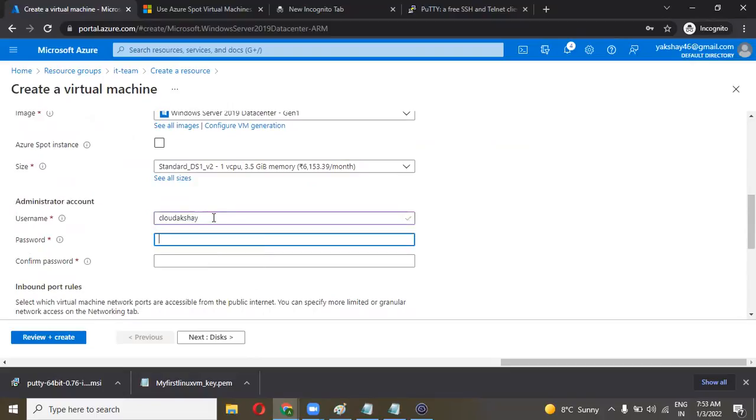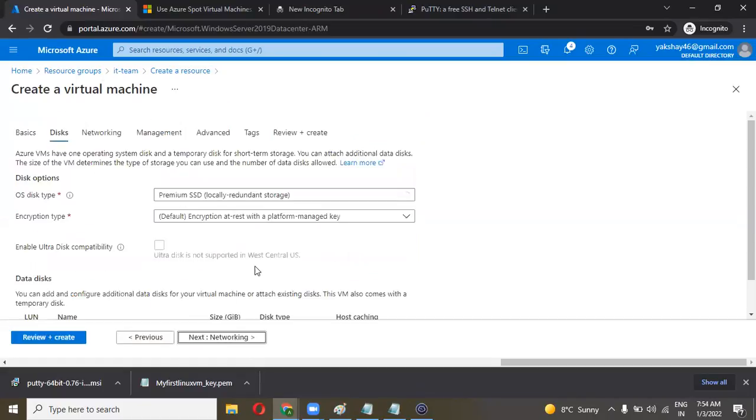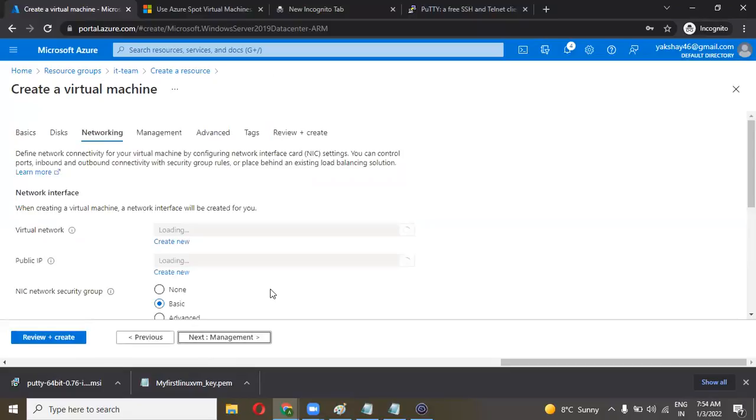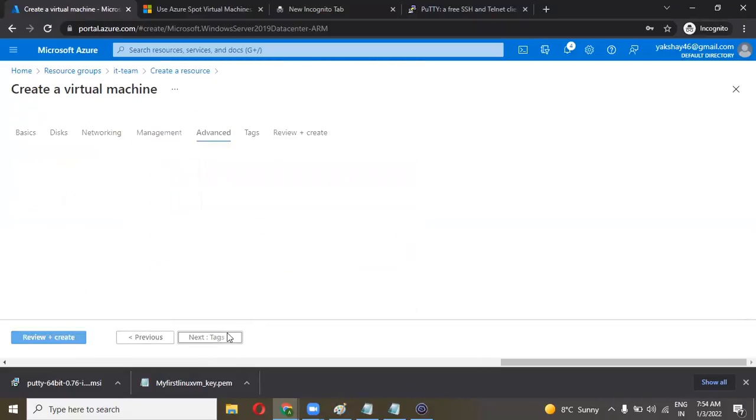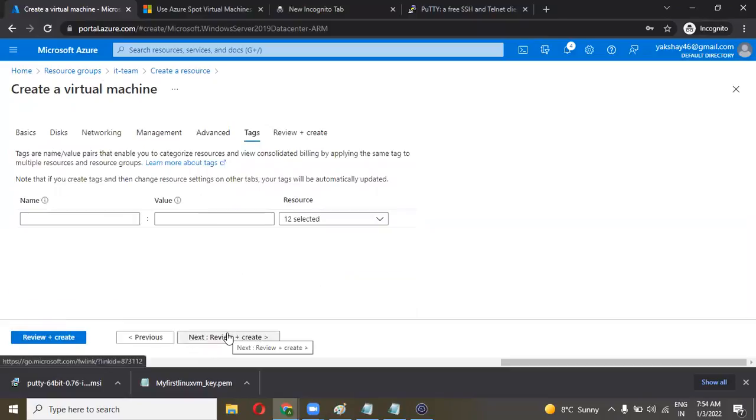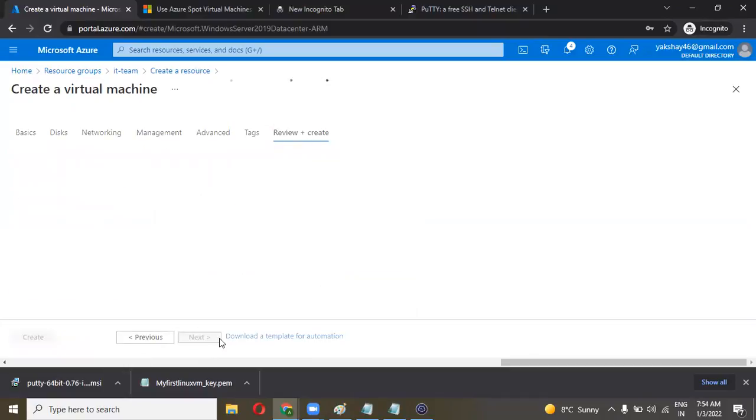Set the username. Next disk and next networking. Next management. Next advanced. Next tags. Review and create.